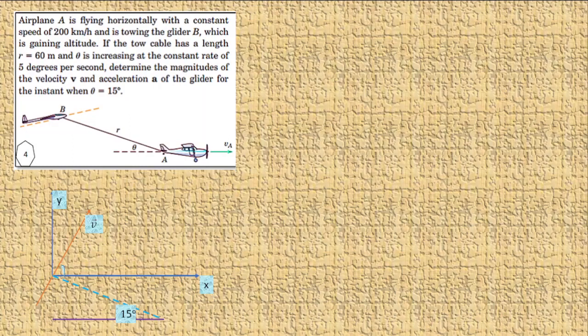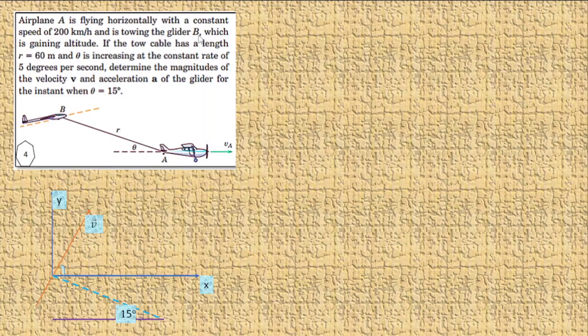So when you come back to this problem, it is about relative motion of an airplane. We can use the concept of relative motion of an airplane and solve this problem simply. As you can see here, an airplane is flying horizontally with a constant speed of 200 km per hour